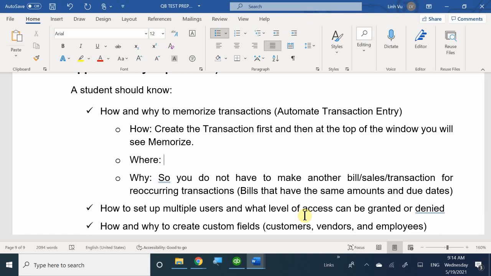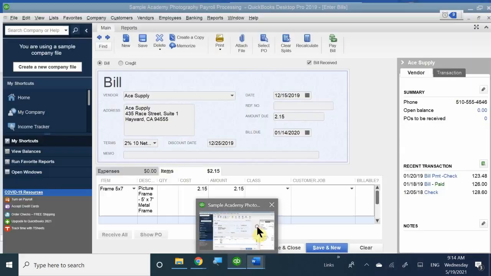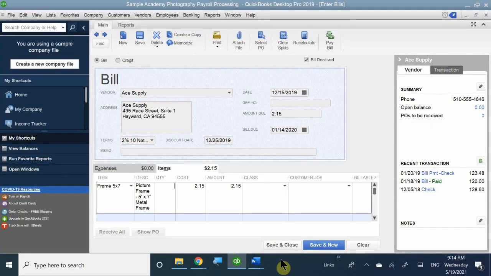I don't have to do anything. I don't have to fill anything out except for the date. In this case, with the automated ones, you don't need to fill in the date either. You just need to fill in the billing information and that's it. So where can I find these memorized transactions? It's right on top of where you create a copy, for your bills or your